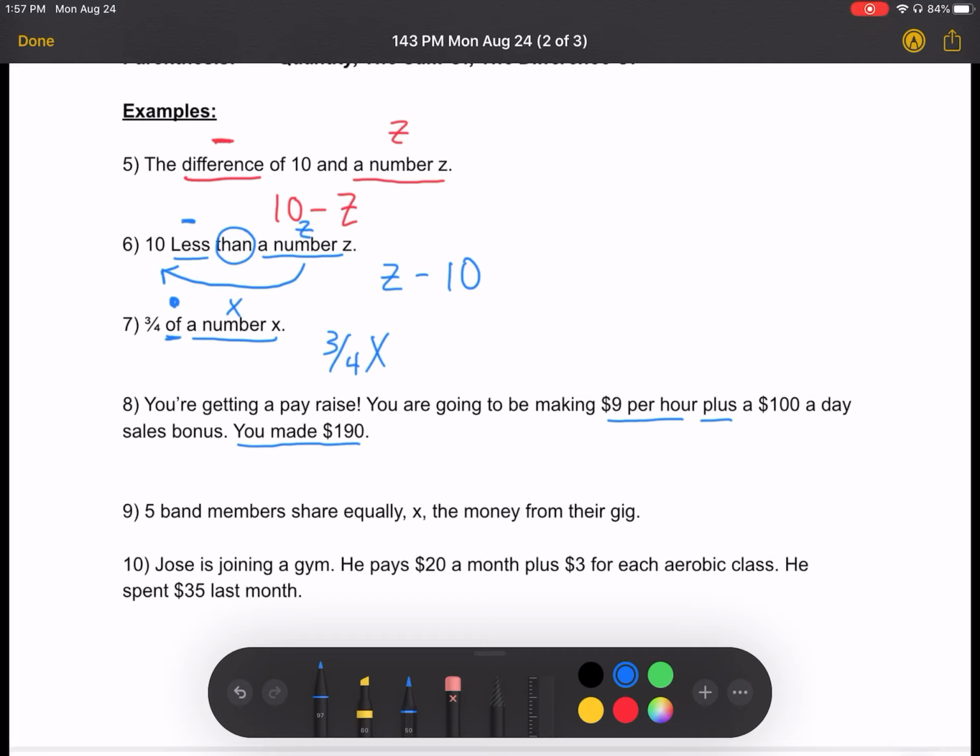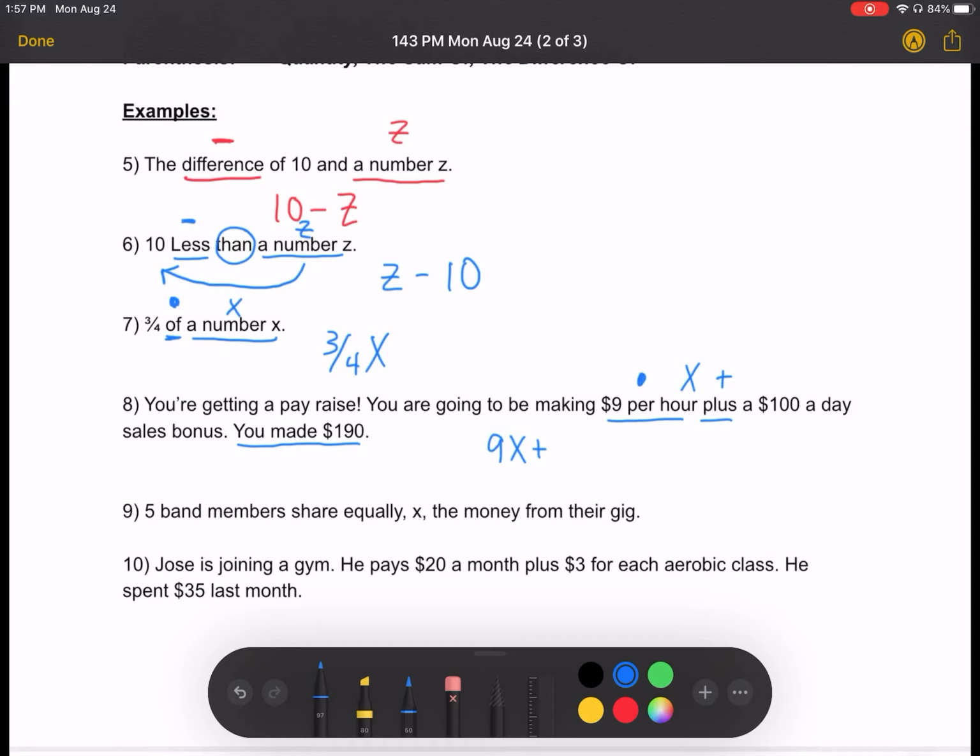So anytime you see the word per, that's going to be multiplication, $9 per hour. We don't know how many hours it is, so we need a variable to stand in for that. So we're going to say $9 per hour, so 9 times x, plus